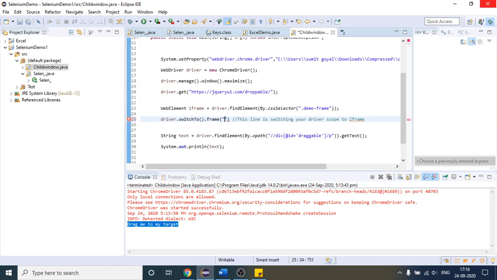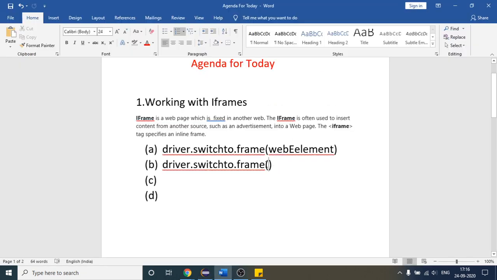But here it has not provided the value, so I am not going to execute it. You can do it this way as well, and this way also it will execute your code easily. So this is the second way. Let me write it here. You can provide the id name, or you can say the id attribute value. So this is also one of the ways.